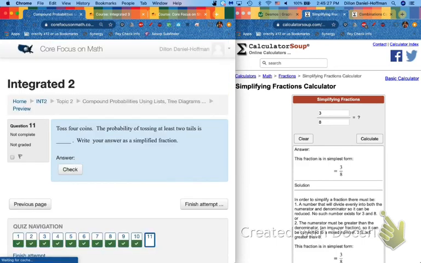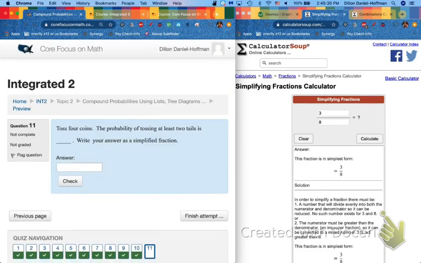11 is a kind of bonus problem. That's why it is technically non-graded, but I wanted to show you how to do it. It says toss 4 coins. The probability of tossing at least 2 tails is blank. The fastest way to do this, honestly, would go backwards. If I wrote out all the possibilities and I just subtracted the amount that weren't at least 2 tails, so the amount that was just 1 tails, that would be easiest because there are only a few possibilities when I toss 4 coins where I don't get at least 2 tails. Most of the time I will. But to keep with this explanation,